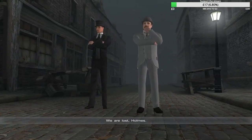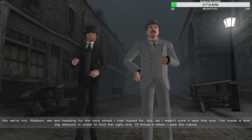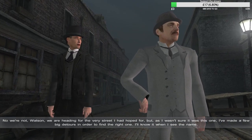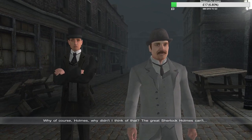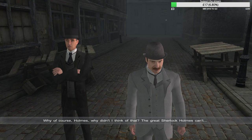We are lost, Holmes. No, we're not, Watson. We are heading for the very street I'd hoped for, but as I wasn't sure it was this one, I've made a few big detours in order to find the right one. I'll know it when I see the name. Why, of course, Holmes. Why didn't I think of that? The great Sherlock Holmes can't...